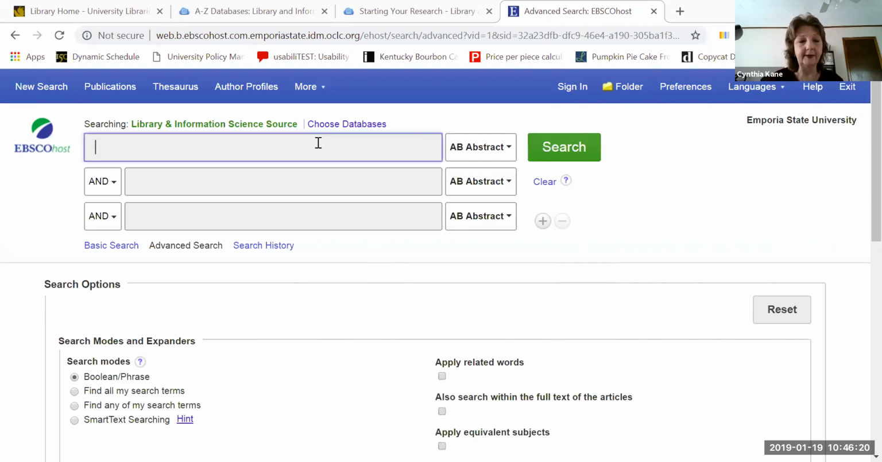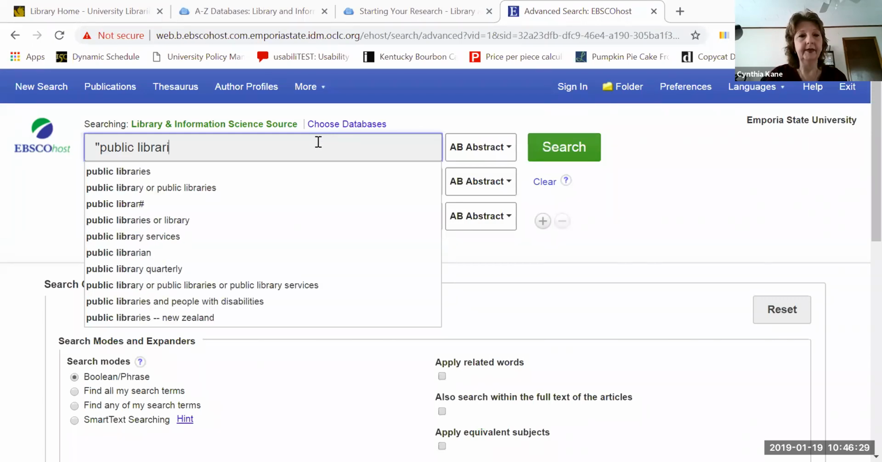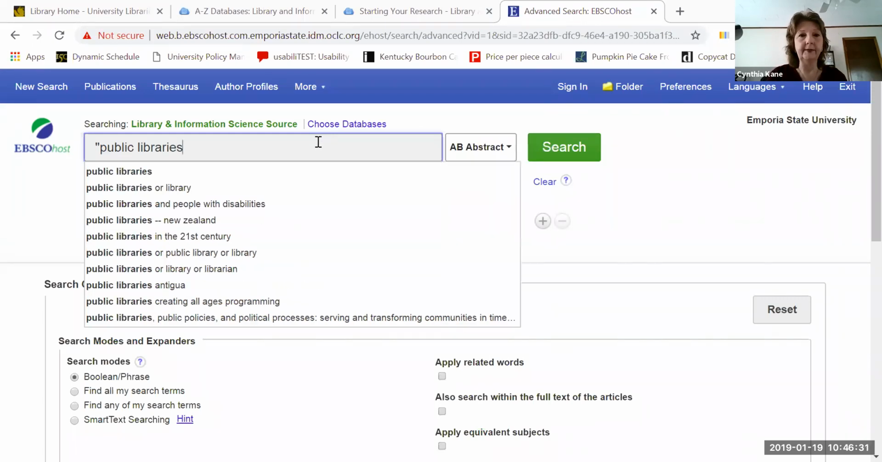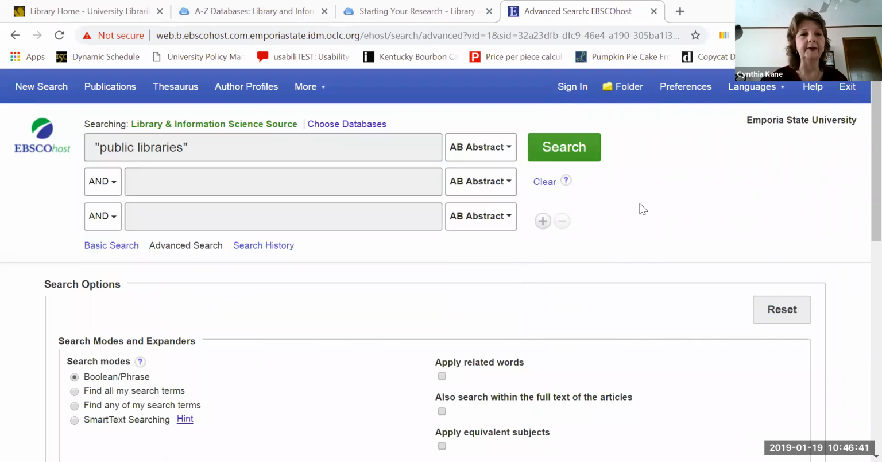Now when we start typing, I'm going to do a search on public libraries. And notice that I'm getting some suggested search terms like you do on Google. Sometimes I can use these to brainstorm ideas if I'm not quite sure of keywords that I want to use. But something else you'll notice that I did here,